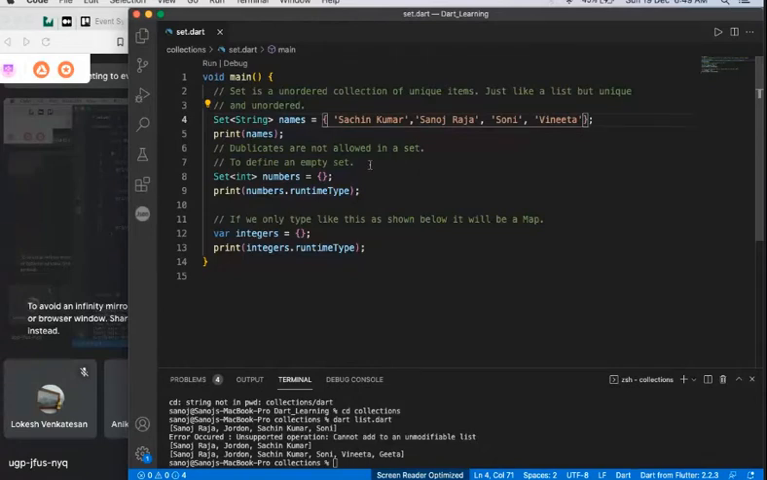And how to define an empty set? Basically, you can do this. Also, this is used for declaring a map. So, giving the type here is very important. Okay, so I just printed the runtime type because